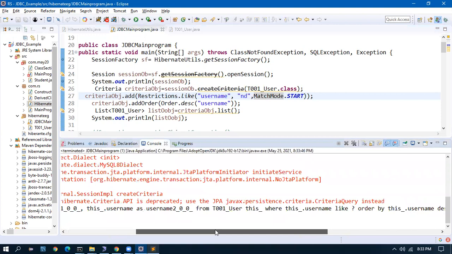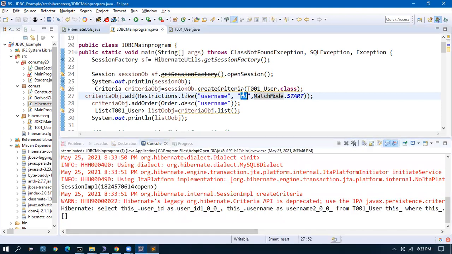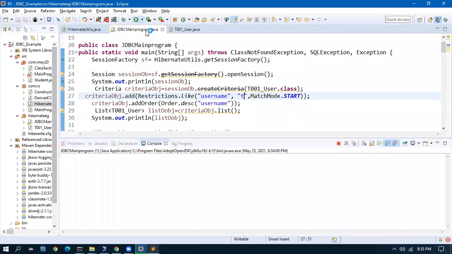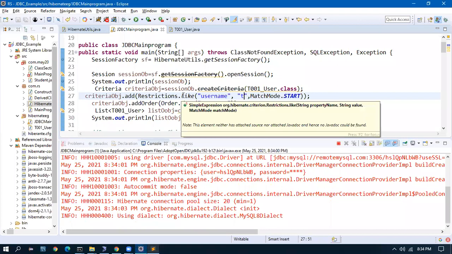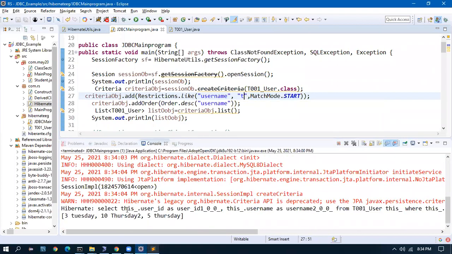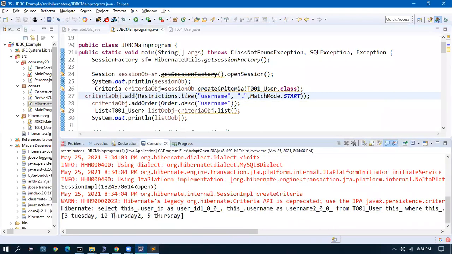Yeah, zero records. If I give Thursday, Tuesday, it is bringing up the records. The query is the same, but it is bringing up the records.